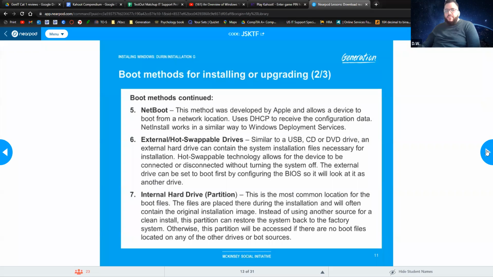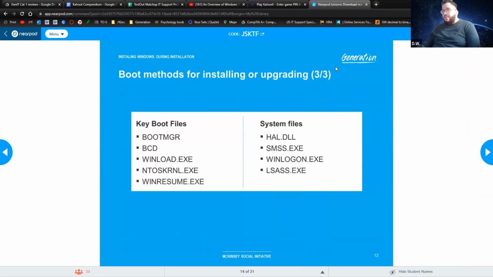Okay, so we're going to move on to the next slide here. So boot methods for installing or upgrading. This is the third slide. This is a good screenshot opportunity. These are key files and system files. All right, boot manager, BCD, winload.exe, NTOS kernel.exe, and winresume. And then your system files, HAL.dll, smss.exe, winlogon.exe,